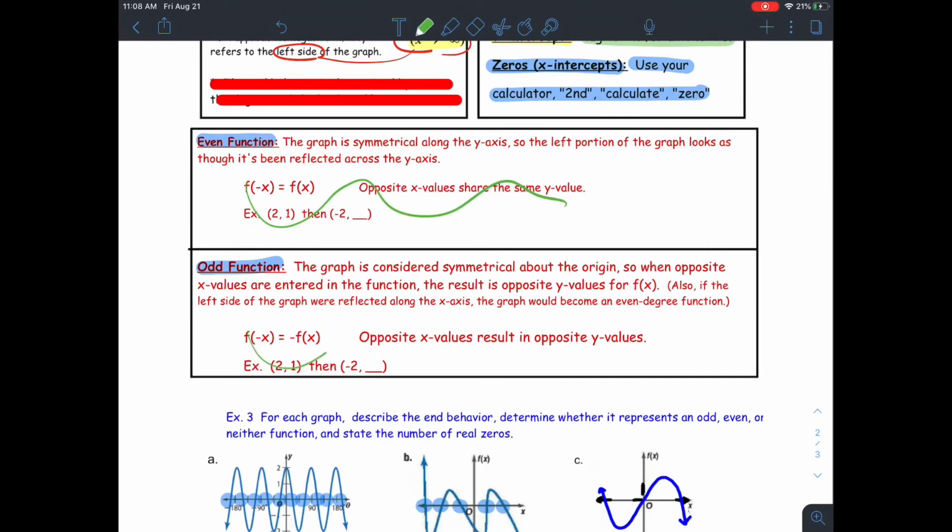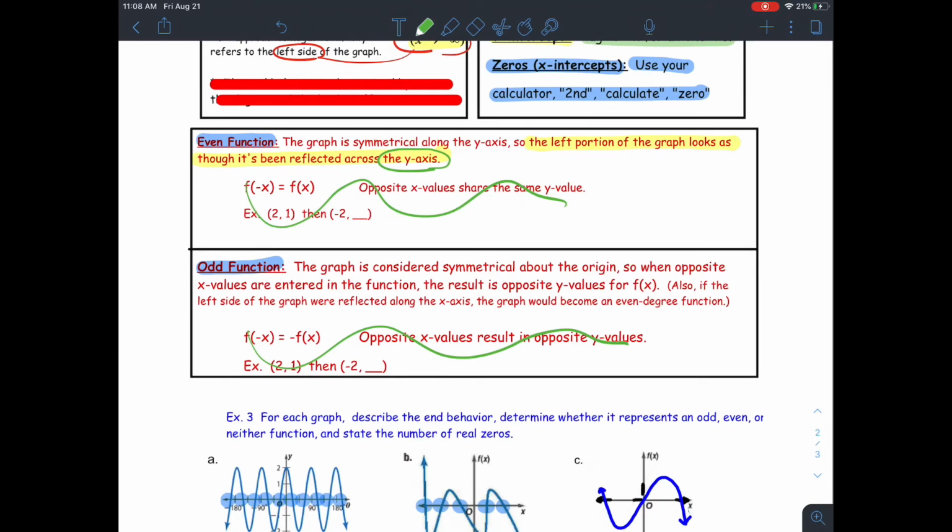And then we'll go back and take a quick look at just what even and odd functions are. We're actually not going to use this explanation right here. Even and odd functions, what you're going to do is look at the graph. Even is pretty easy to tell. Okay, even, what you're looking at is if the left portion of your graph looks like it's been reflected,